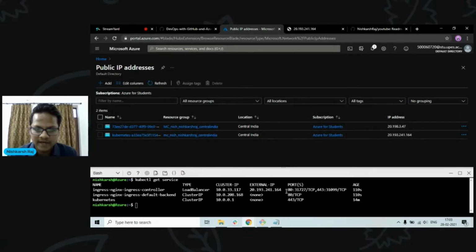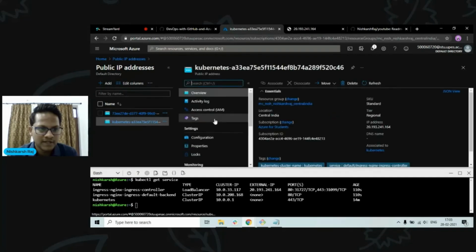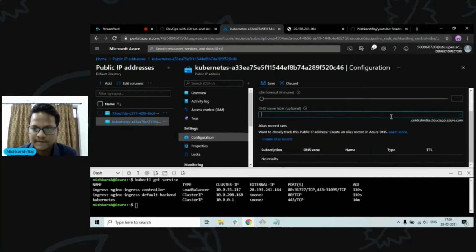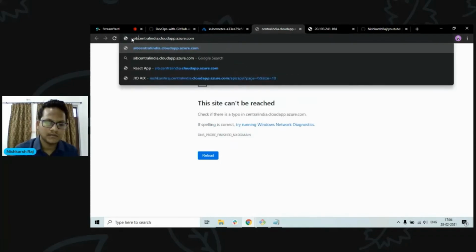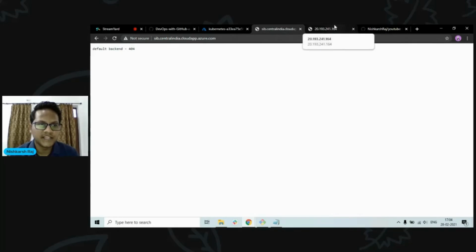So this is the same IP address that we have to map. Let's click on this, go to the configurations and map it. You can add anything. I'll use SIB. It has some relevance to me because I created a community called Storms and Brewing, but you can use anything here. It will take some time and there we go. This IP address is now mapped to a fully qualified domain name. And I'm getting the same results on the IP address as on the domain name. So it's the same thing mapped together.